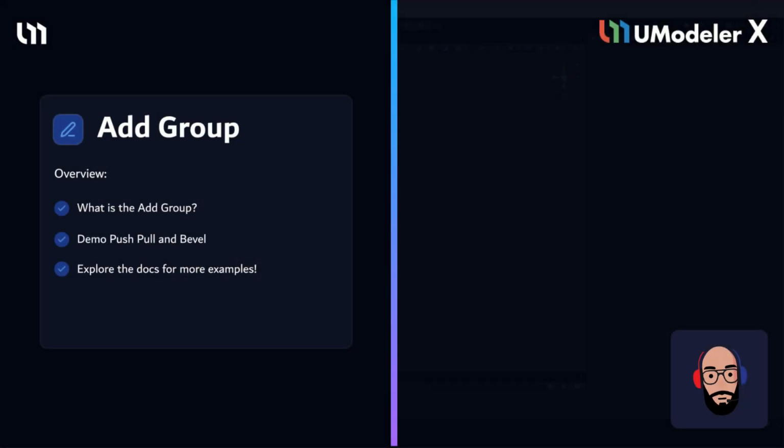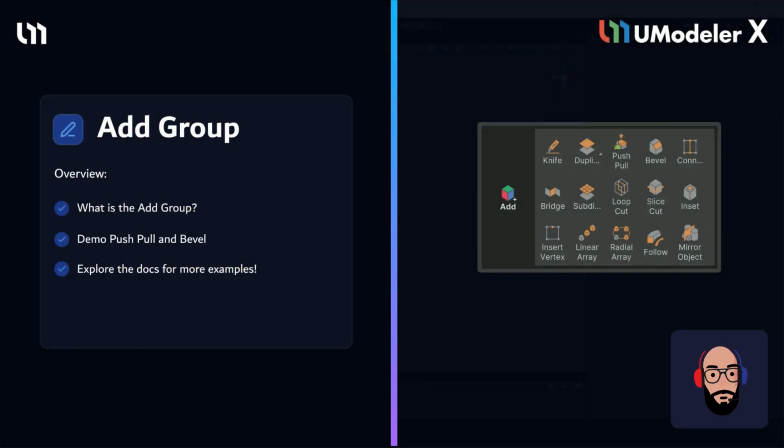The Add group includes tools that create new elements, vertices, edges, and faces directly inside your model. Now, if you need to slice an object, add vertices, or introduce a new edge or line, this is the group you use. Most of the tools here either add geometry based on the current selection or generate new elements using the tool settings. To get you started, here are a few most commonly used tools in this group: the